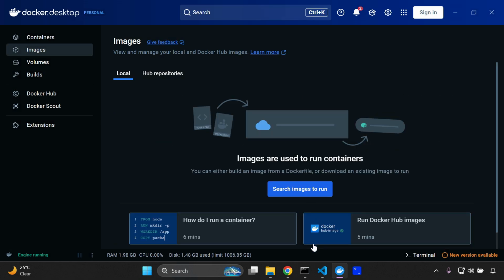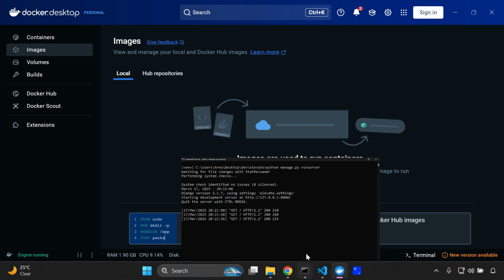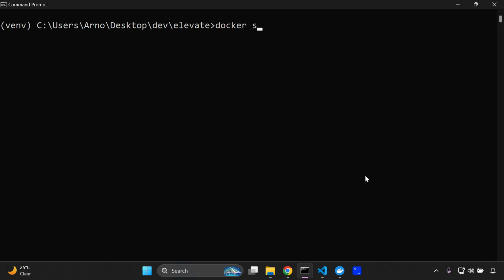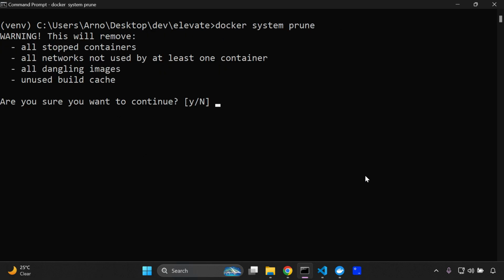There we go. So the image is also deleted. Now, a useful trick that I also want to teach you before we run our Docker Compose file is how to clear your cache. So we can stop our server and you can say docker system prune. And that's going to remove all stopped containers, all networks that have been used, all dangling images, and any unused